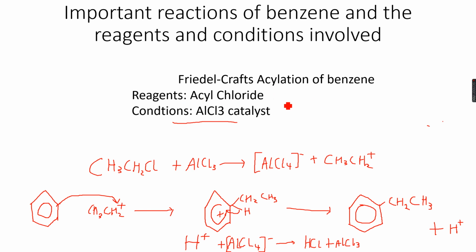So the reagent in this case is acyl chloride. There it was RCl, where R was the alkyl group that we wanted to attach. We did CH3CH2 as our R group, and in this case we use an acyl chloride. So let's take as an example ethanoyl chloride. So acyl chlorides are a particular class of